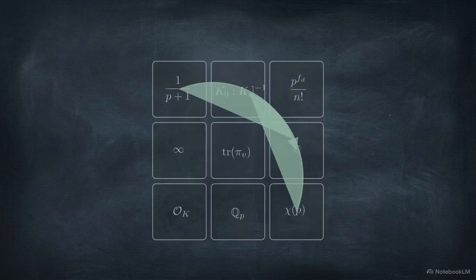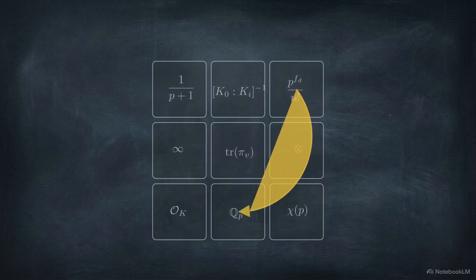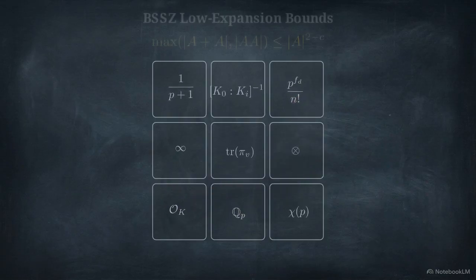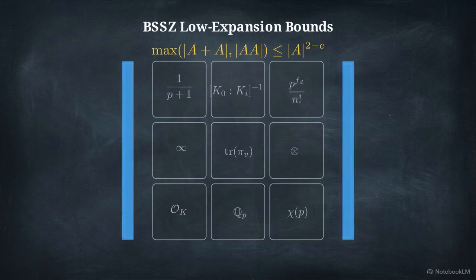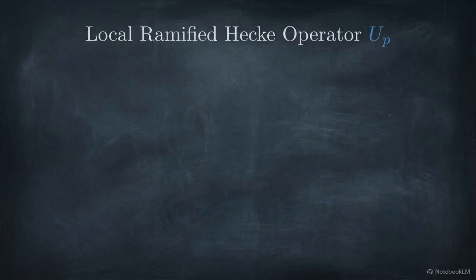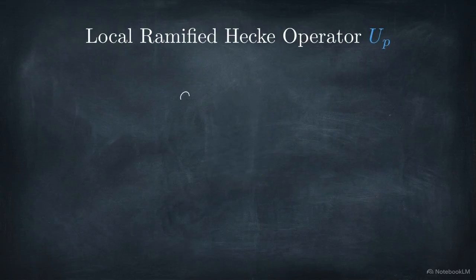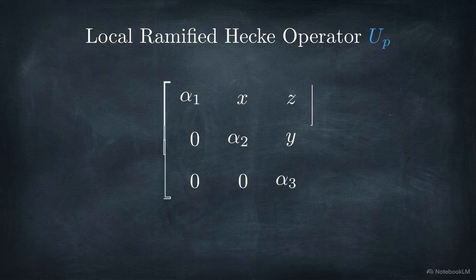In standard Langlands theory, ramified representations often generate chaotic volume fractions and infinite dimensional crosstalk. But by applying BSSZ in low expansion bounds, we can force that complexity to resolve into a single exact integer. To reach this result, we evaluate the local ramified Hecke operator, UP, over the Iwahori fixed basis of a GL3